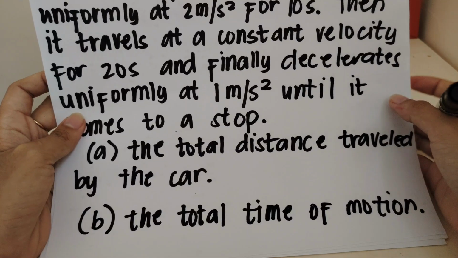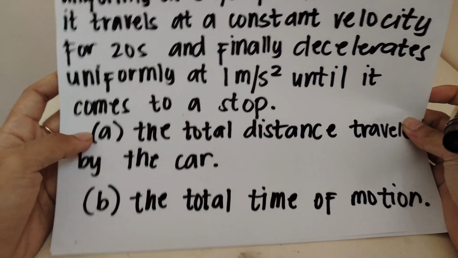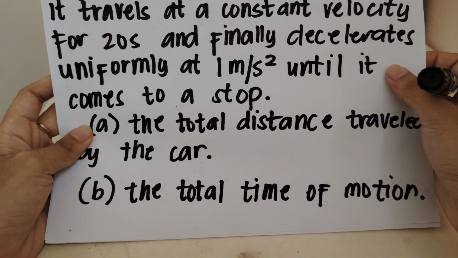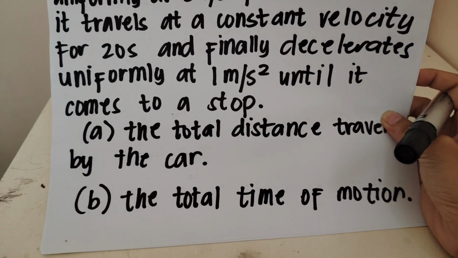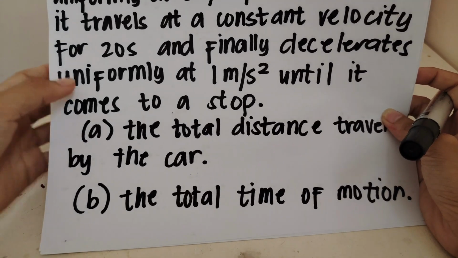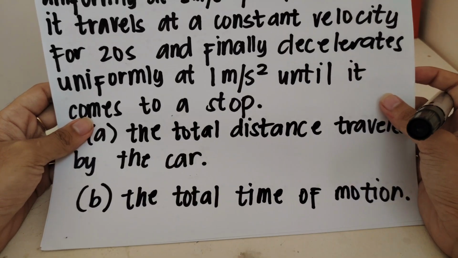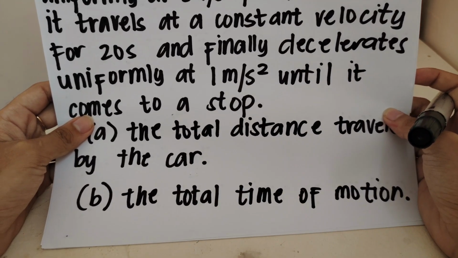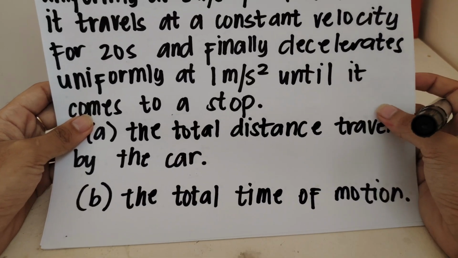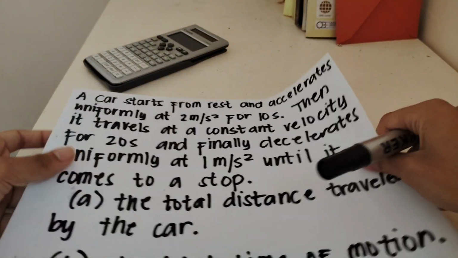And then the third phase is the deceleration phase. So the car uniformly decelerates at 1 meter per second squared. The car decelerates uniformly to rest. So next we will calculate